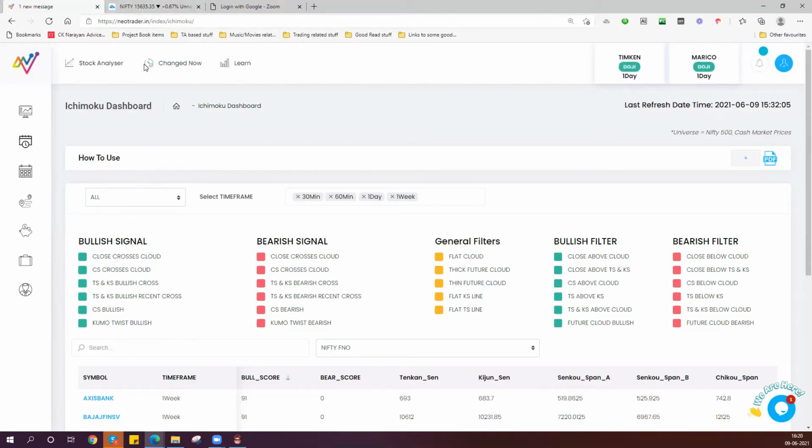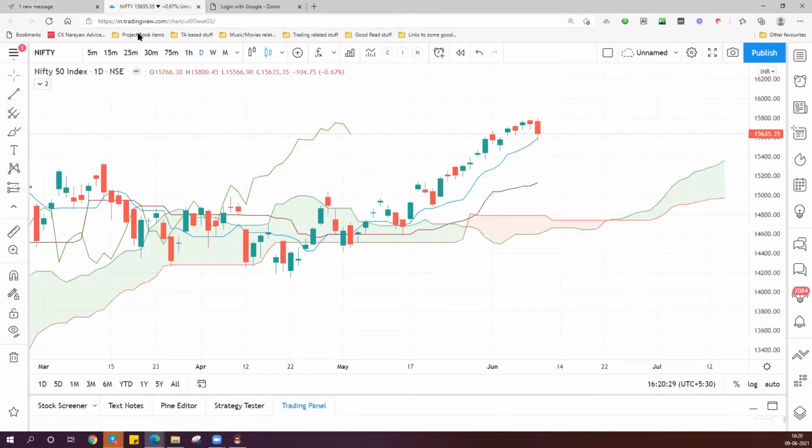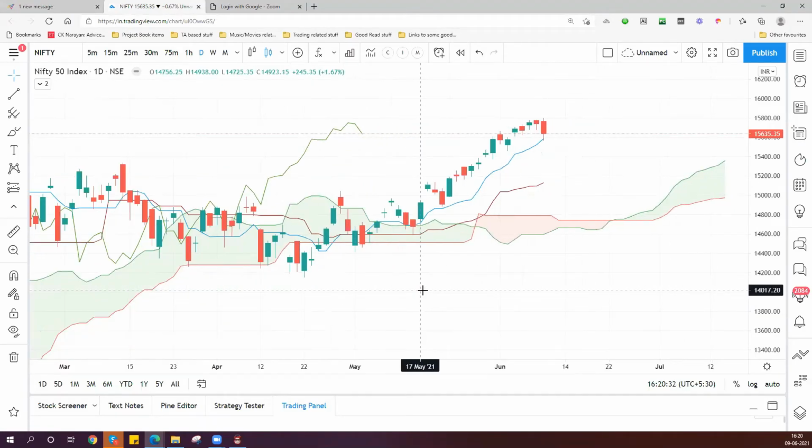And now, just to have an idea of how Ichimoku looks, let me just show you a chart. You can of course invoke the chart from here, go to the charts, right? And then you can look up POD charts or real-time charts. Both of them will give you Ichimoku, right? But I have the chart ready here, plotted with Ichimoku already, and this is what the Ichimoku indicator looks like. You just add it on TradingView. It's available on all software.